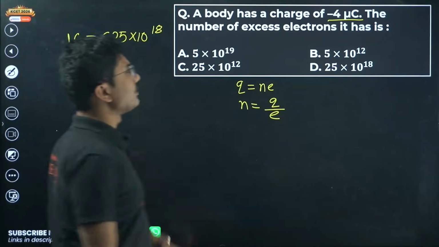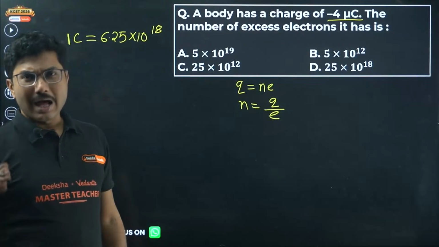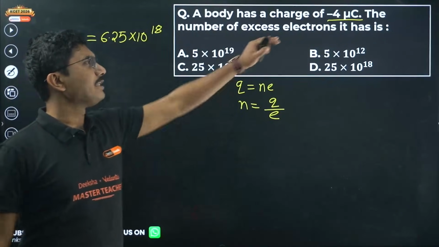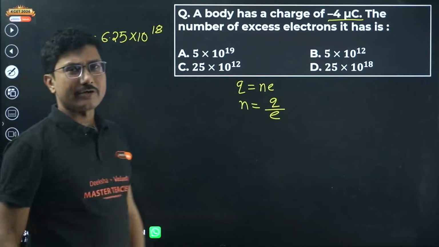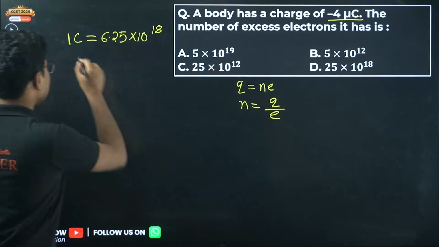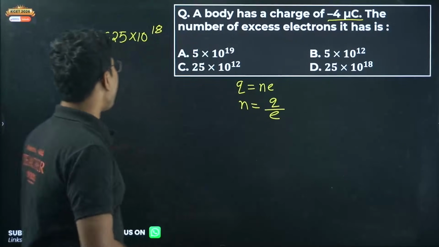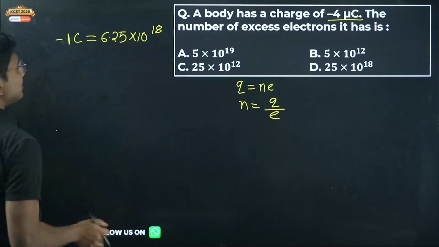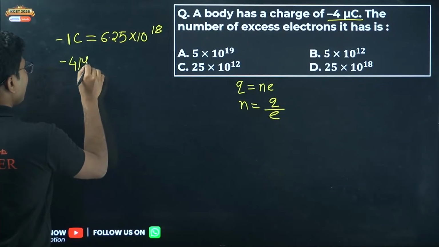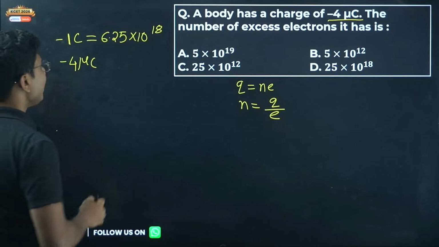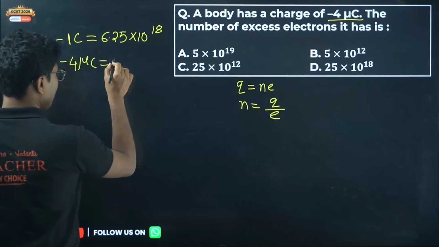So here, as you can see, -4 microcoulomb, that means you have to add electrons. For -1 coulomb, you have to add this many electrons. So for -4 microcoulomb, how many electrons do you have to add? So very simple,